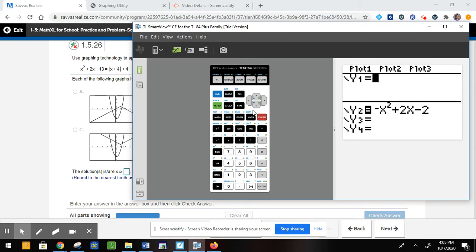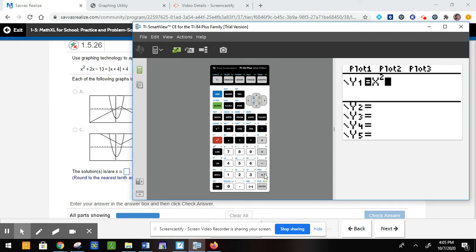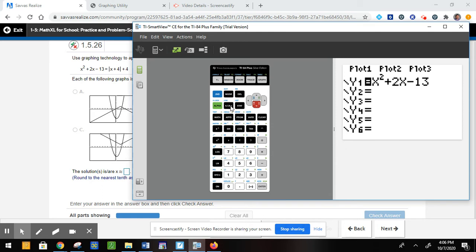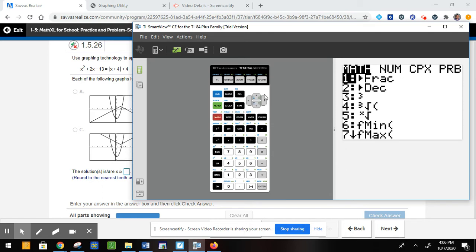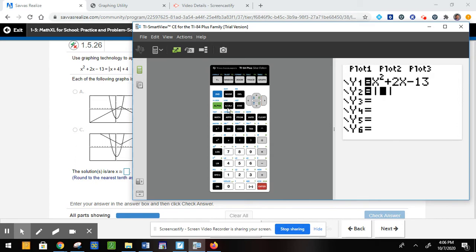So let's just clear out what's in here. The first one is x squared plus 2x minus 13. And then the other one is absolute value of x plus 4, and then plus 4. All right, when I go to graph this,